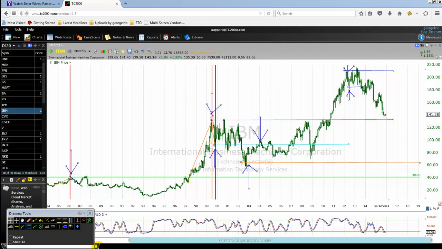A devaluation of a resistance level is to buy at that resistance level instead of selling at that resistance level. So what are we talking about here? Somebody sold IBM stock right here at the level of $40.93. If, for instance, the price comes back to the same level and we are buying here, we are devaluing this